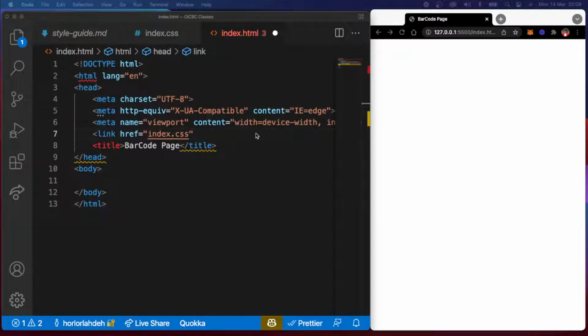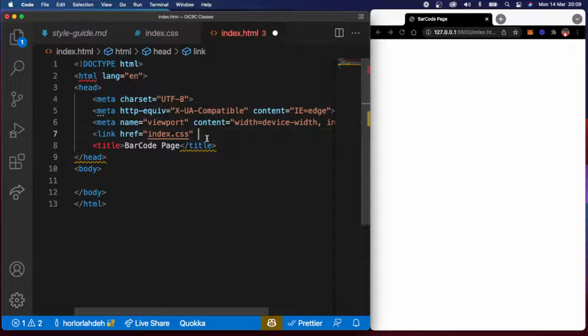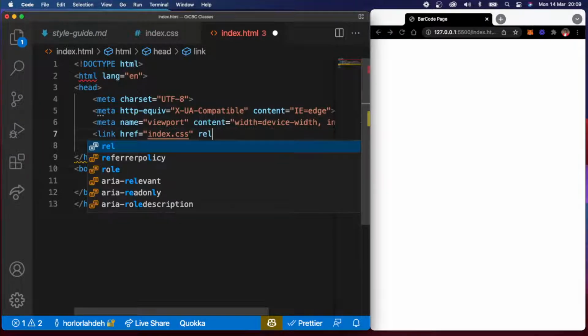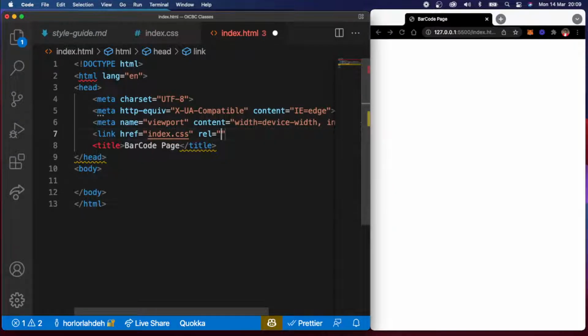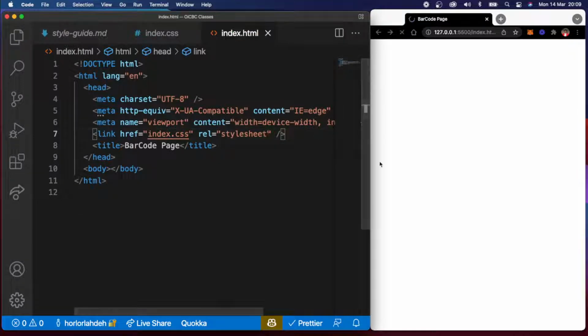Okay, so we have index.css. Then the second attribute, can anybody remind me, that is very important, that if we don't include it, we won't have headway? The relationship. We have to specify the relationship, rel equals stylesheet. If we don't do this, it's a lost cause. So when I save it,